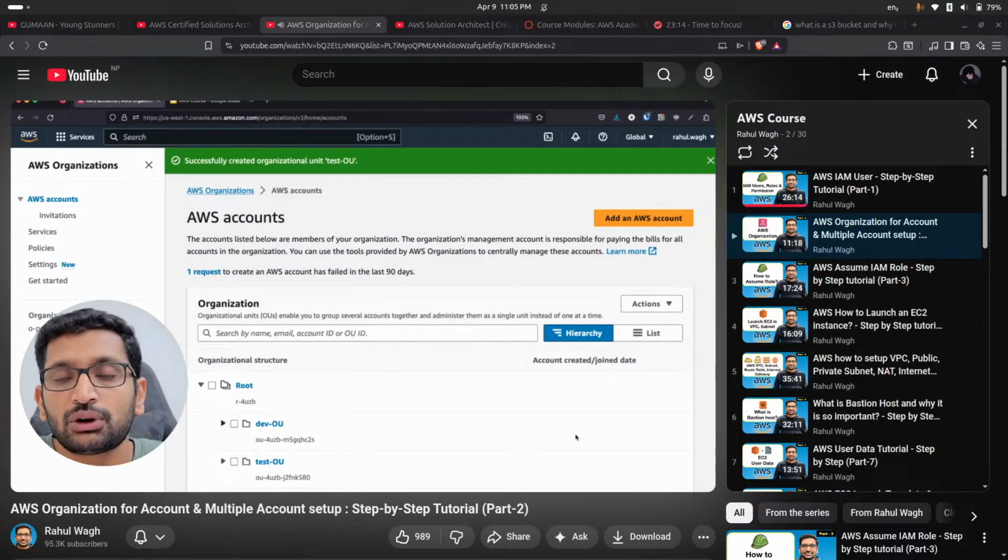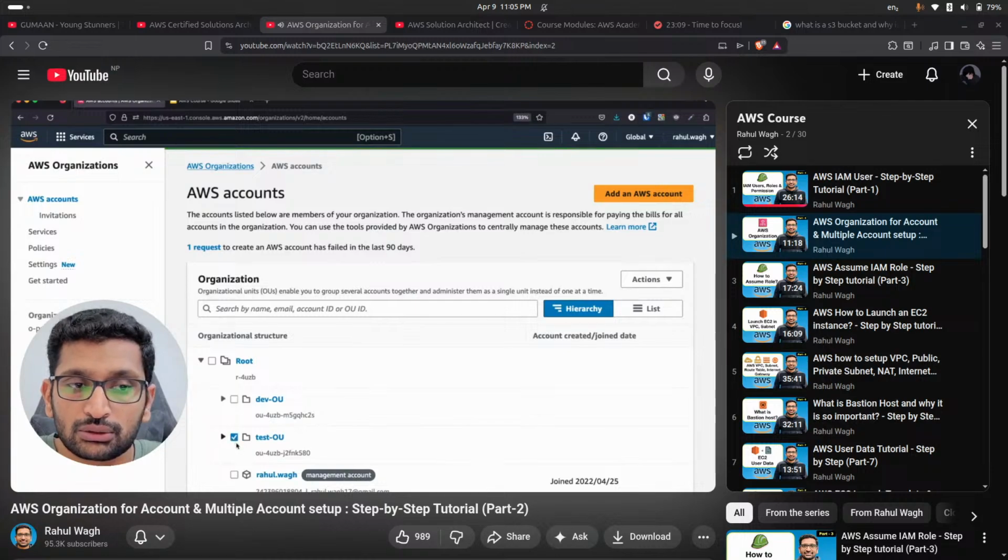Now, the next thing we need to do is create an account. For that, we need to select the test OU, because it is a test organizational unit, and I want to create the account inside the test organizational unit. So first select the test OU, and after selecting the test OU, you will find the option like add